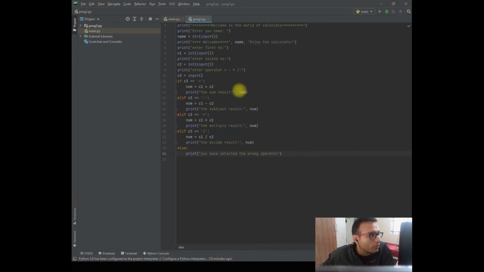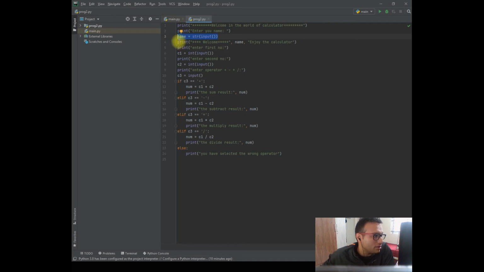So I've already created the program for you, and I'll explain line by line exactly what steps we require here. Basically, we are using if and else to create this program completely. This line is just to print something to make it informative and look good when the program runs. This is for whoever is using it, so the person can put in their name. To store that name, we have defined a name parameter, and whatever the name is, it just gets stored.